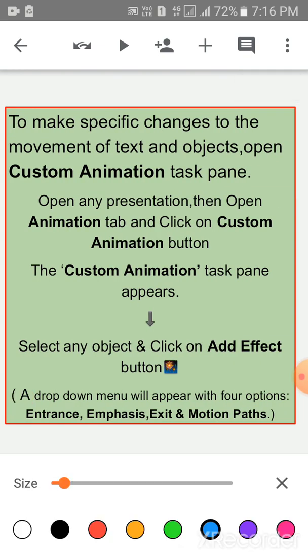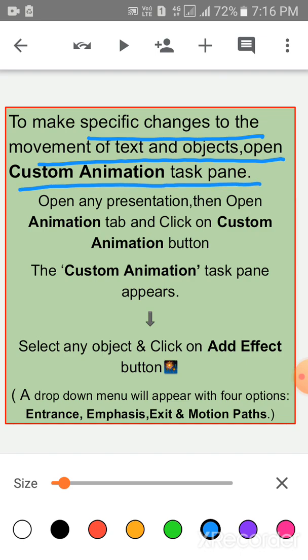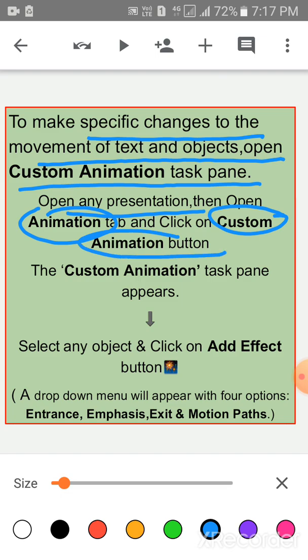Now, children, look at the screen. To make specific changes to the movement of text and objects, first of all open the custom animation task pane. Open any presentation, then open the animation tab. After that, click on the custom animation button. Children, the custom animation task pane appears.